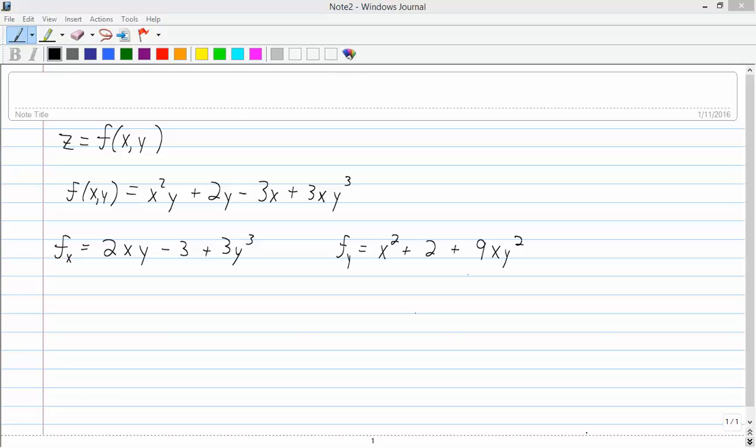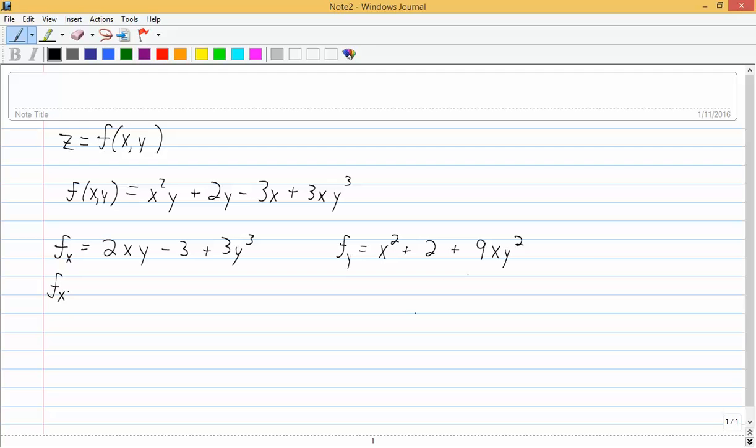So if these are the two first partial derivatives, then I showed you also that we could find second partial derivatives, right? The second partial derivatives will both come from, we'll have one set of partial derivatives that will come from this first partial derivative, and then we'll have another set that will come from this partial derivative. So if I wanted to find the second partial derivatives, first you can find,